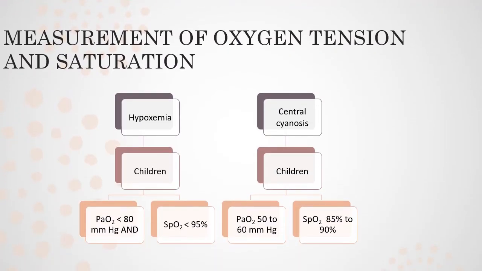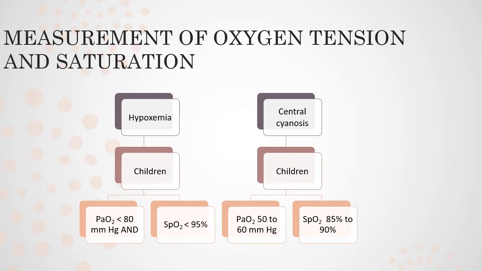Measurement of oxygen tension and saturation. In children, a PaO2 of less than 80 millimeters of mercury and an SpO2 of less than 95% usually indicate hypoxemia and warrant watching and caution. And in the case of some specific disease processes, may even warrant treatment. However,